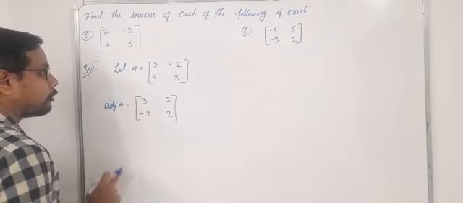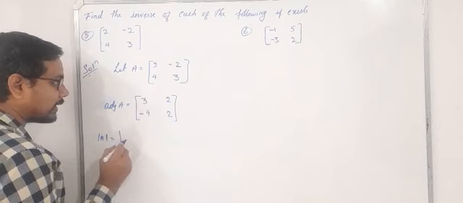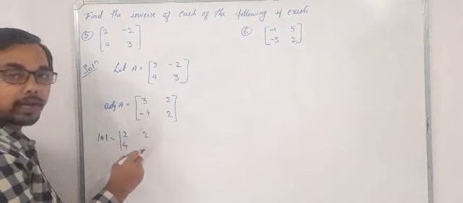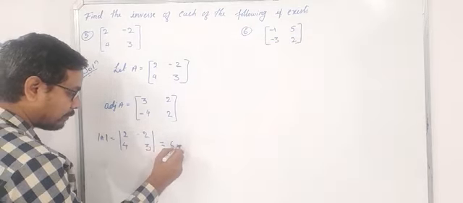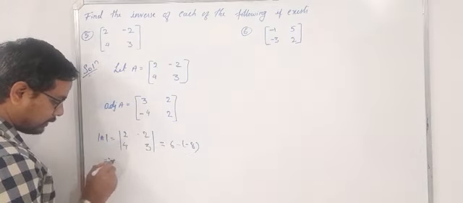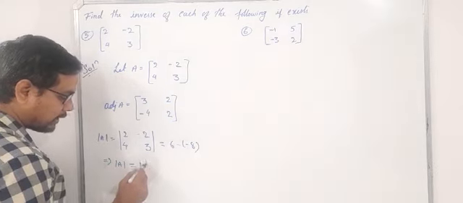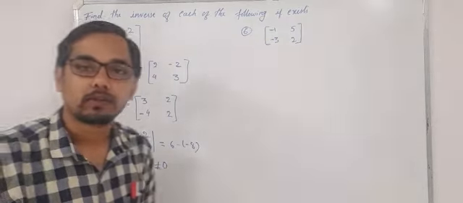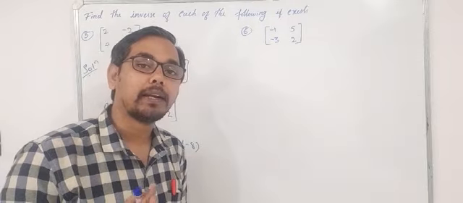This is how we get the adjoint of any particular matrix, right? When we get adjoint A, we also need determinant A. Determinant A is, I can write 2, minus 2, 4 and 3, which is given to us. So this will be 2 into 3 is 6 minus 4 into minus 2 is minus 8. Determinant A is 6 minus of minus 8, 6 plus 8, 14, and is not equal to 0. As the determinant value is not equal to 0, we can surely say that inverse exists for this particular matrix.